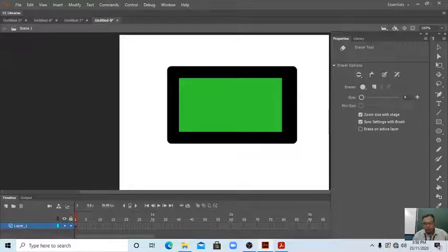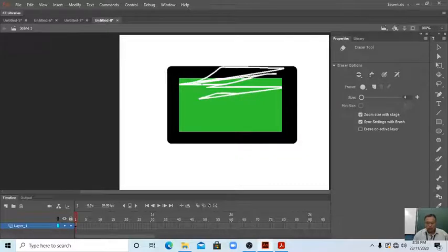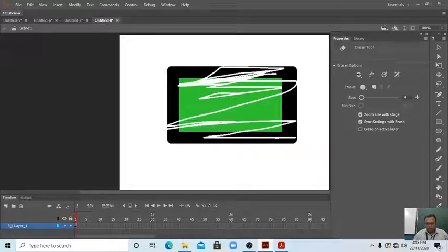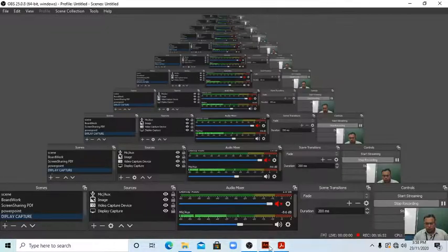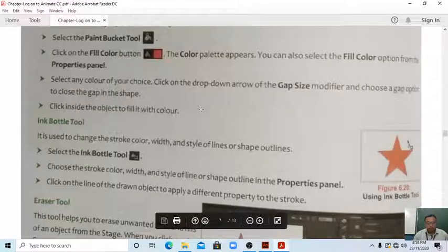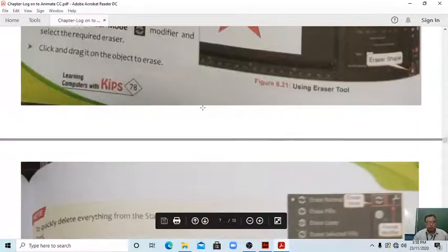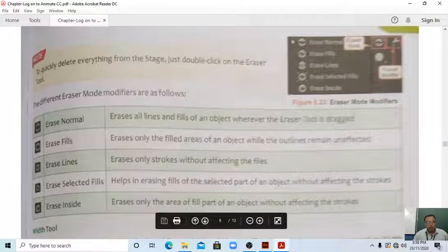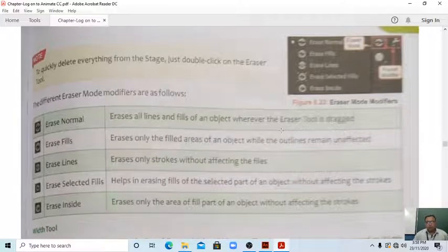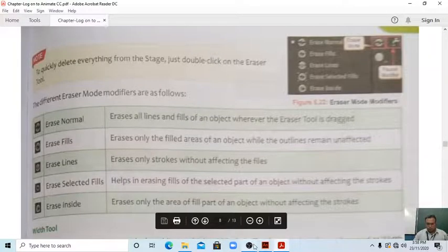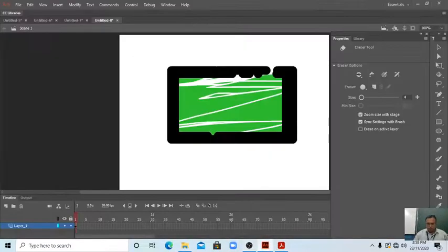This is erase normal. Normally we can erase it. All things we can erase. You can see, students, what the use of erase normal is: it erases all lines and fills of an object wherever the erase tool is dragged. You will see this.